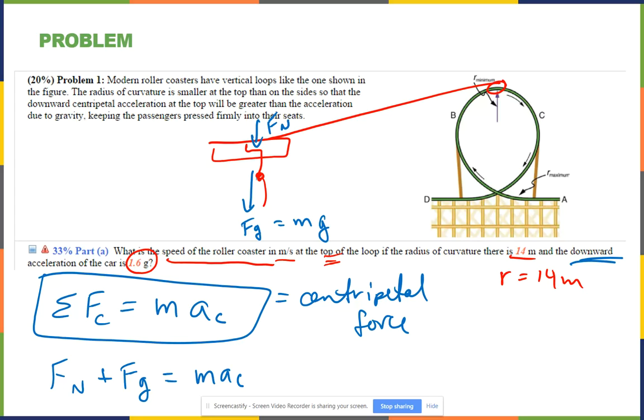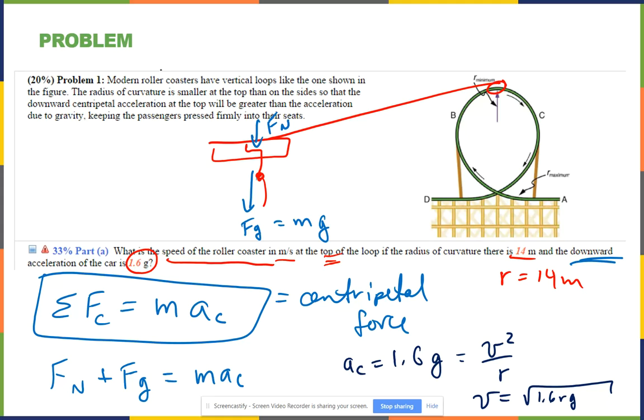It actually is very simple and doesn't require any of the work I've done. I know the centripetal acceleration is 1.6 g. But it's defined as v squared over r. So that means v is equal to the square root of 1.6 rg, which I've run out of space in